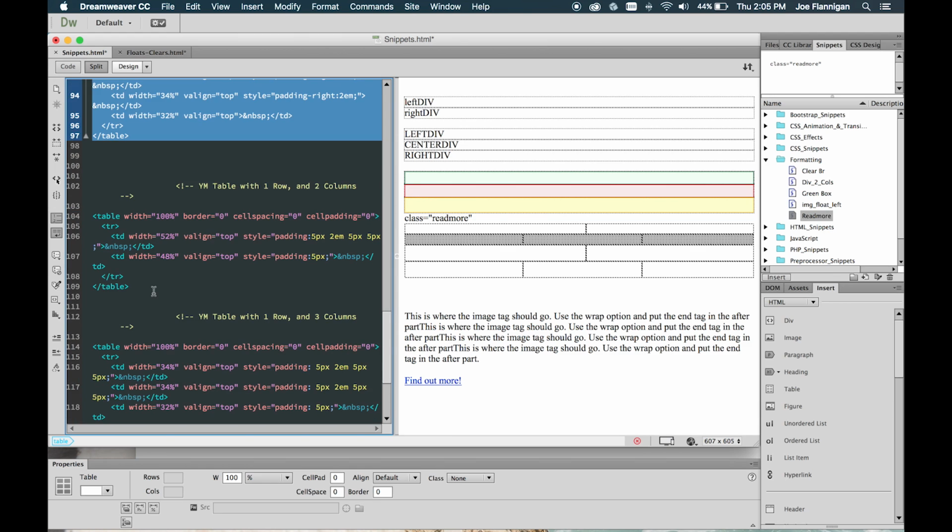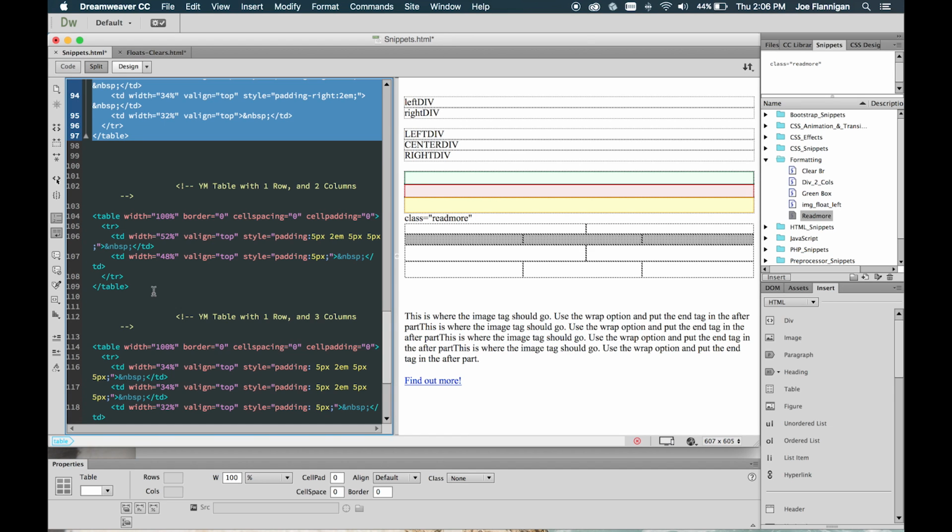because the first 2 columns now have that right padding built into them. One thing about YM is that it often strips out a lot of the padding and any sort of thing you've done in any of these anyway. So if you're working on a website and you need to actually use a table for whatever reason, obviously we try to encourage you to use divs whenever possible, since they're a little bit easier to work with in terms of mobile responsive, but there are a few times here or there that you actually do need to